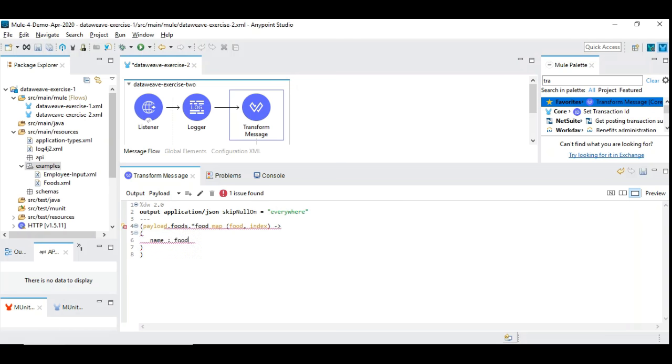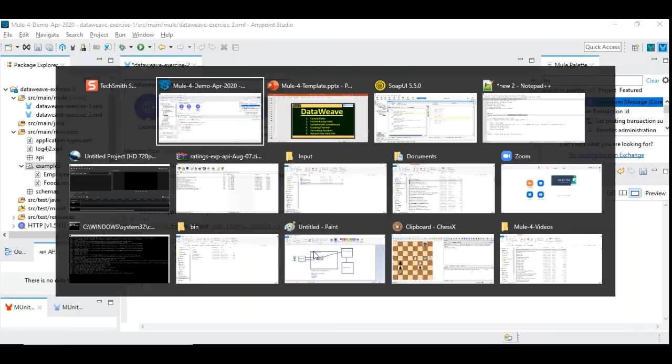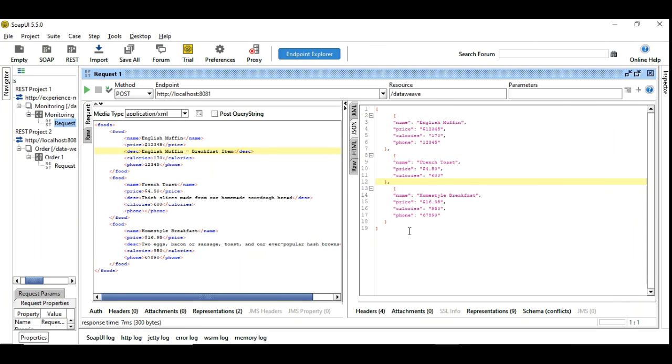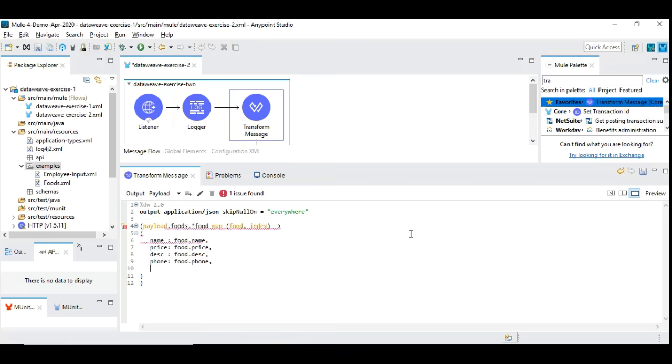So name, food.name, price, food.price, and we have description, food.description, phone, food.phone, and finally we have calories, food.calories,